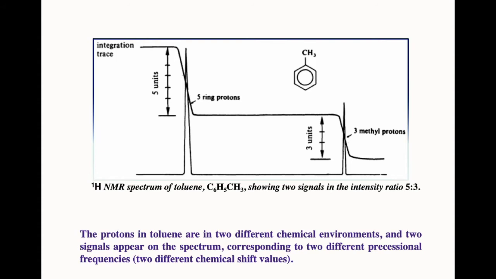For your information, I have a few more examples to illustrate the point. Take the toluene molecule: in toluene you have 5 aromatic protons and 3 aliphatic protons, so in total you have 8 protons. When you try to record the NMR spectrum of toluene, again the same situation arises. All the aromatic protons will resonate at one particular frequency, and on the other hand, the methyl protons will resonate at another particular frequency, and the intensity ratio will be 3 to 5.